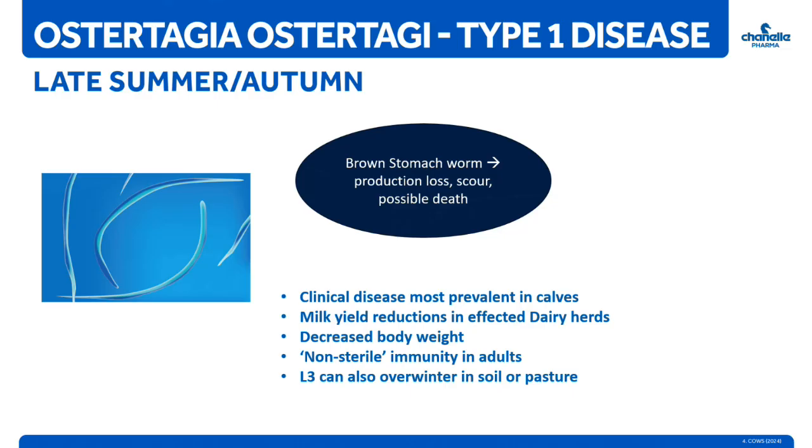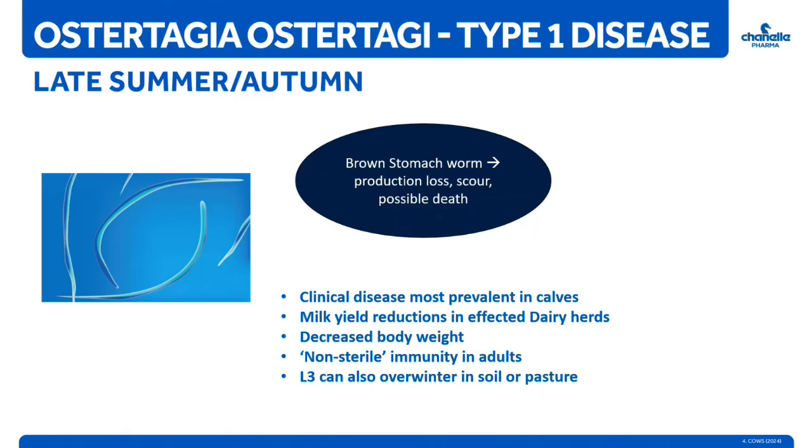Adult animals usually have developed natural immunity to this parasite by around 18 months of age, but this immunity is described as non-sterile, i.e. infections can still occur, especially if disease pressures are high. In adult animals, abomasal damage leads to reduced appetite, reduced acid production, and therefore decreased feed intake. And this is particularly important in the dairy industry where milk yields can be significantly impacted. The cow's immune system is working hard, and yet the feed input is reduced.